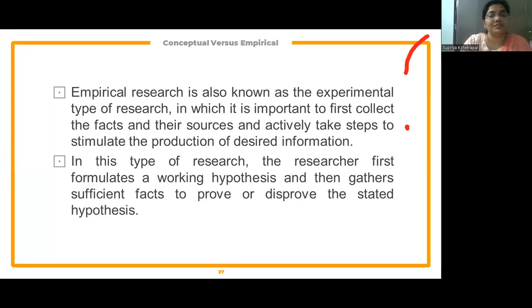Now in this type of research, the researcher first formulates the working hypothesis. हमको करना क्या है, उसका एक स्टेटमेंट वो फाइंड आउट करेंगे, and after stating the problem they will gather the sufficient topics or the facts to prove and disprove the stated hypothesis. ये correct है या फिर नहीं है, पहले statement बना लेंगे, एक imaginary statement बना लेंगे, फिर information gather करेंगे, फिर आप देखेंगे कि ये जो स्टेटमेंट है ये करेक्ट है या फिर करेक्ट नहीं है, इससे हम लोग फाइंड आउट कर सकते हैं, राइट।